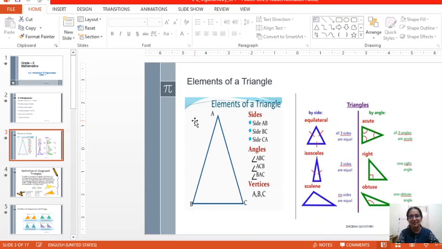You have studied triangles from 3rd standard onwards. A triangle is a polygon with 3 sides. The 6 elements of a triangle are 3 angles and 3 sides. Triangles are classified based on sides and based on angles. Based on sides, the triangles are called equilateral, isosceles and scalene. Based on angles, the different names are acute angle, right angle and obtuse angle triangles. I need not explain this; all of you know very well.